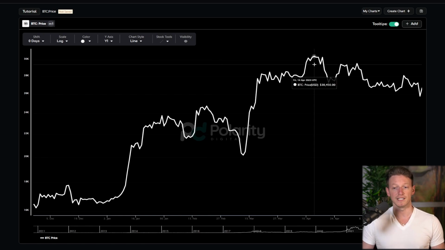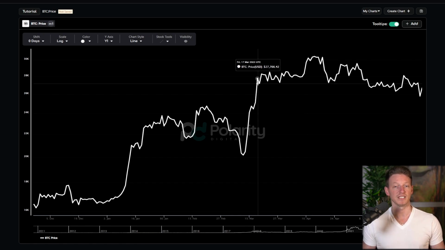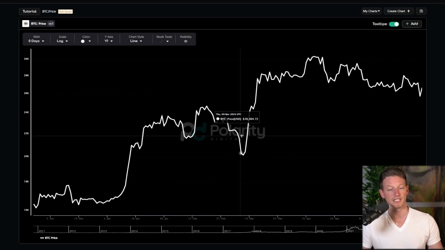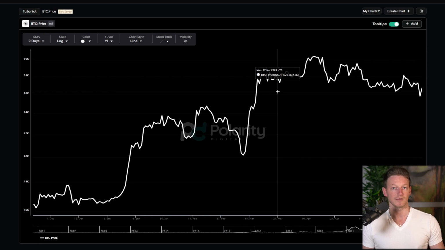So we've been in a range from around 26K all the way up to around 31K for several months now. Back in March, we broke above some of the lower levels that we had been sitting at down in the lower 20Ks. It all happened with this big rally that we saw in the beginning of March, and we've been chopping sideways ever since.